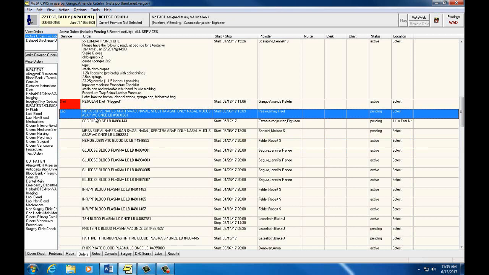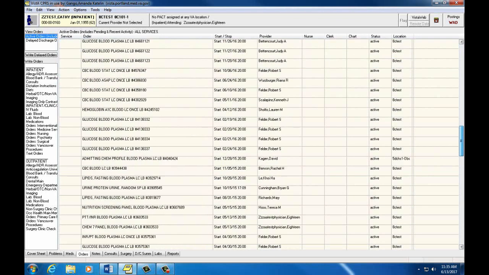This is a lab that is not scheduled as part of a bulk draw. The unit secretary, your preceptor, or you must alert the IV team that a lab draw is needed on this patient. Typically, labs that are ordered as WC are stat, now, or one-time labs that the provider requires a result more quickly than waiting for a scheduled bulk draw collect time.